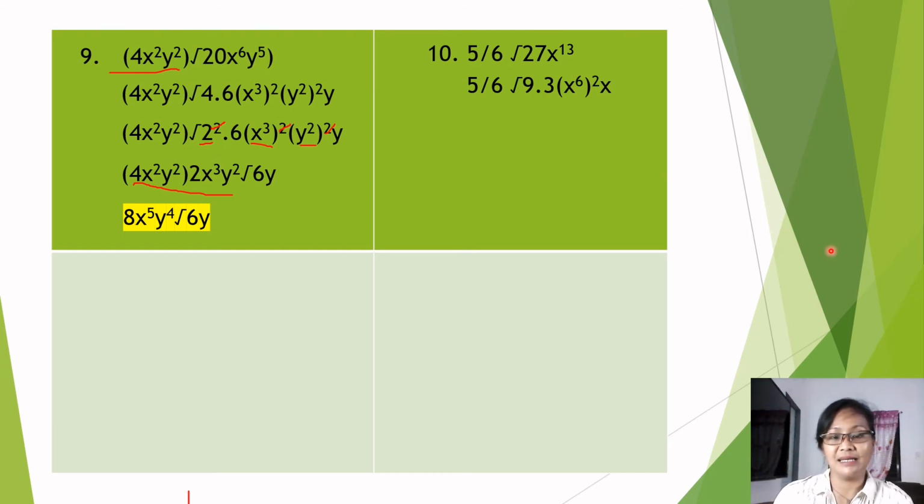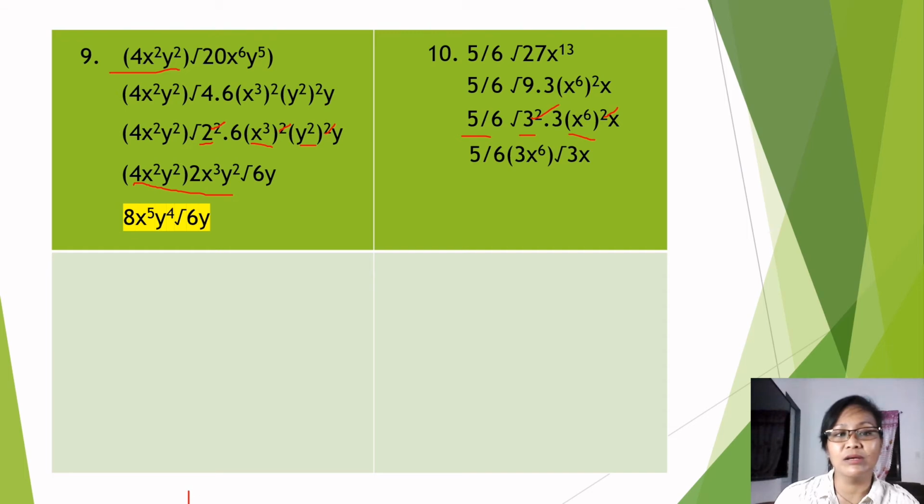After that, write the exponential form of 9. So we have 5 all over 6, square root of 3 squared times 3, times x to the 6th power squared, and then x. Then, extract the root, cancel 2, cancel 2. So we have now 5 over 6 times the perfect root, 3, x to the 6th power, and then the remainder, square root of